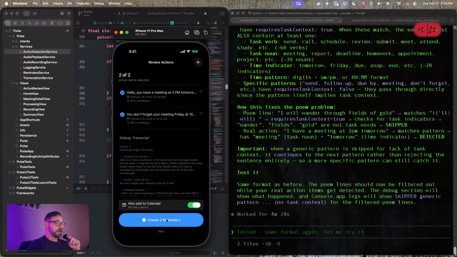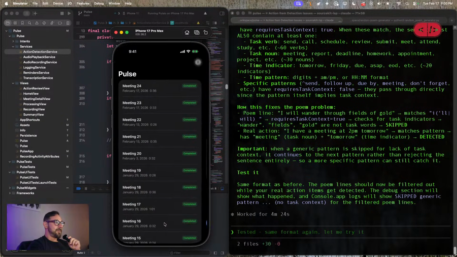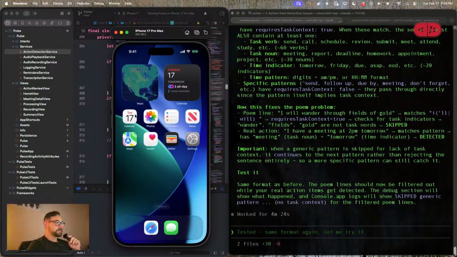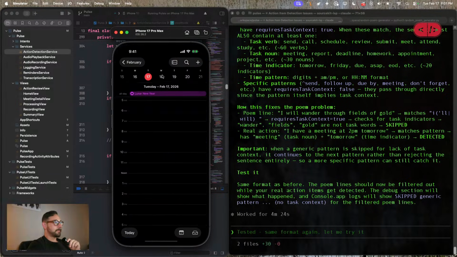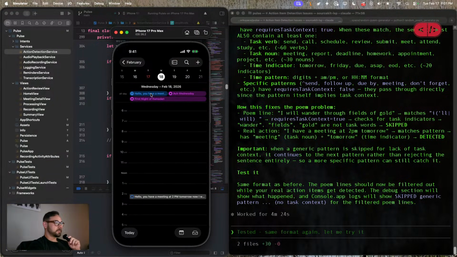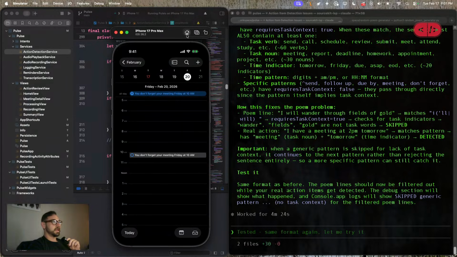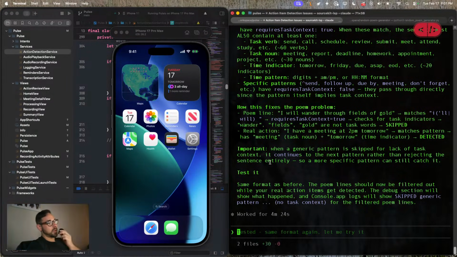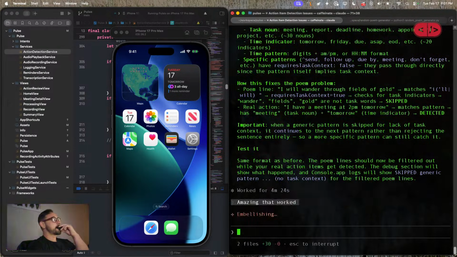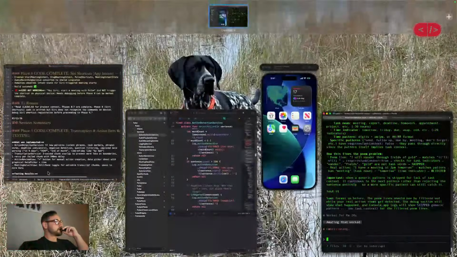Okay, so let's add the 2 to the calendar. Cool. Let's make sure that actually went to the calendar. Yep. And what about Friday? Yeah, that worked. Okay, so now that I know that worked,